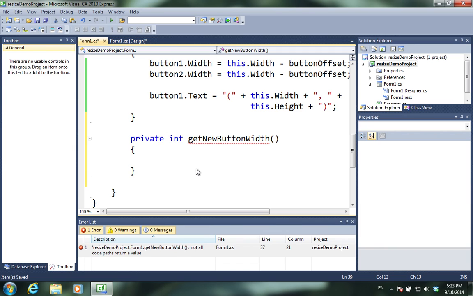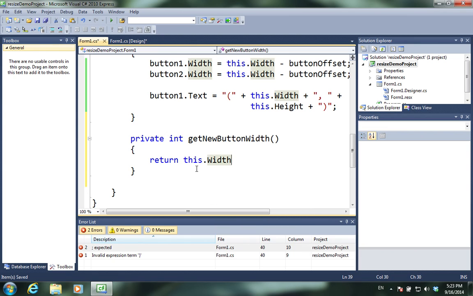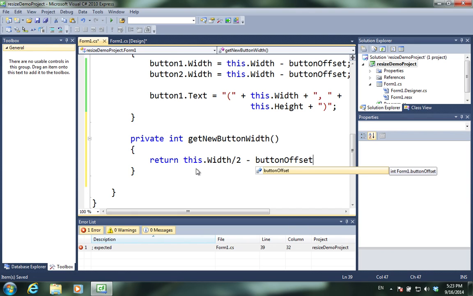All right, so what we're going to return is some values. We're going to return the width of the form, so this.width. And we only want to look at half of the form because the button will be living in half the form. But we also want to subtract off some button offset